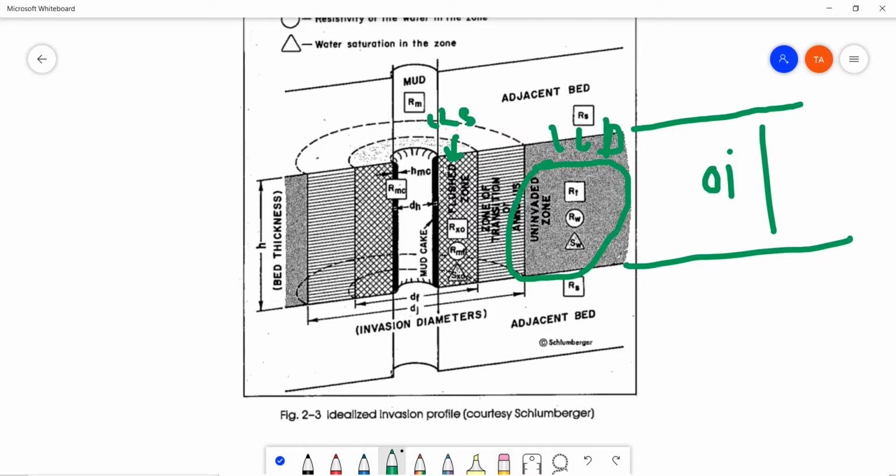So this zone will have water and oil, and because of that the response of this zone will be lower than this zone, because the resistivity response is higher with the hydrocarbons, and this area is oil and it doesn't have water from invasion, so it will be higher